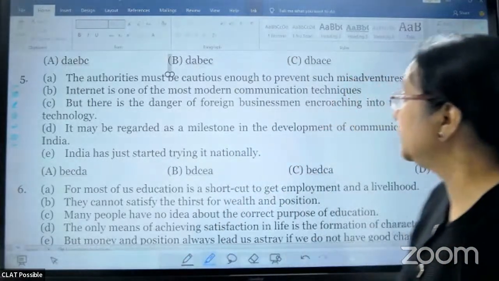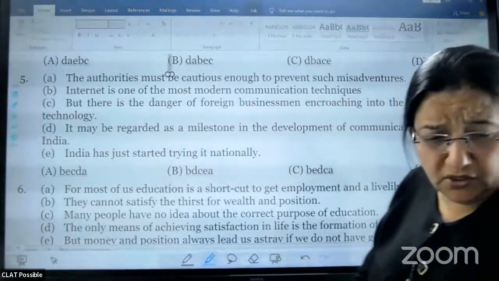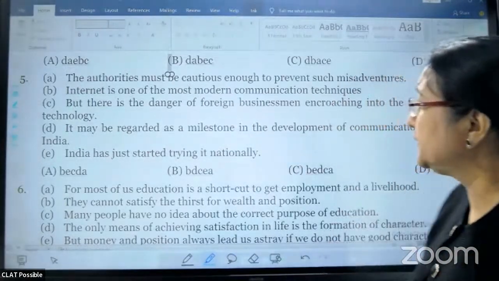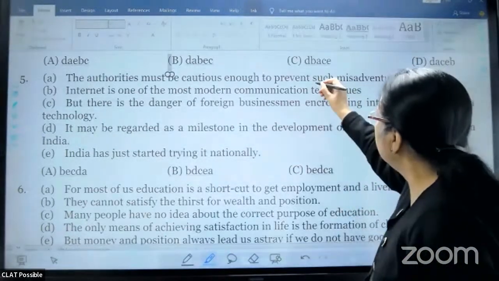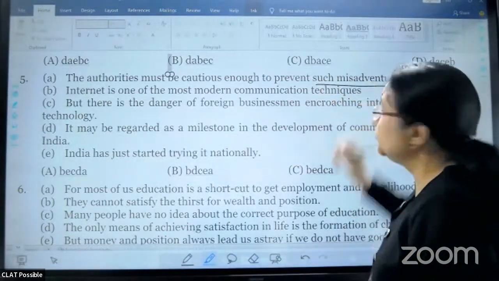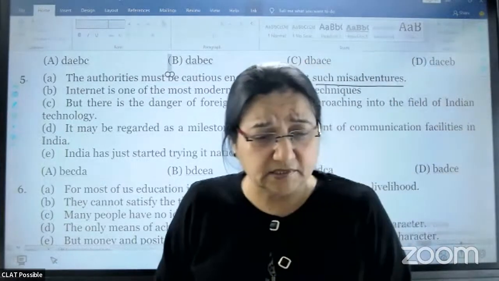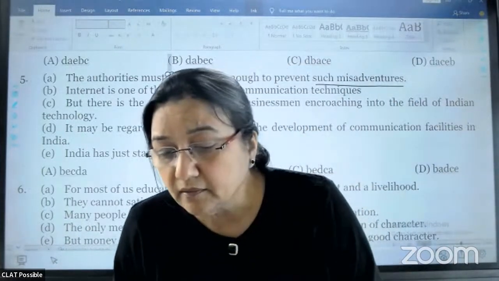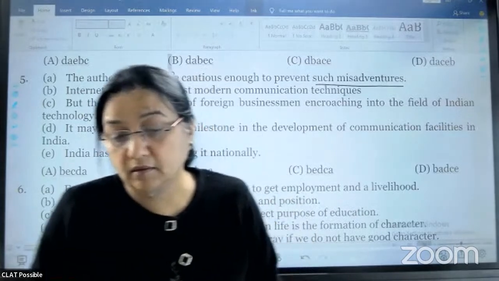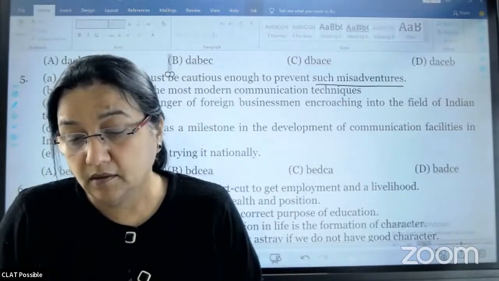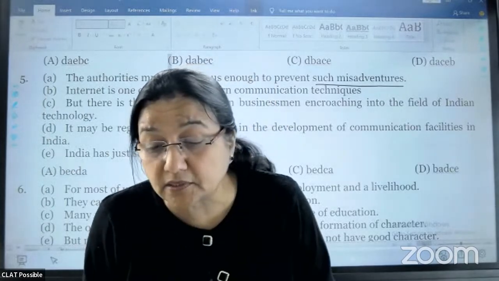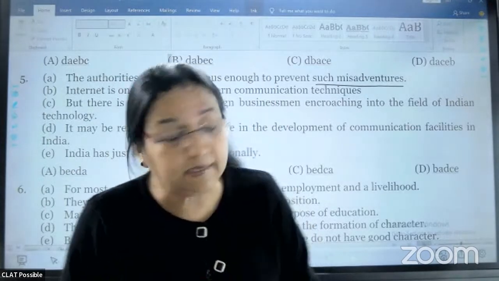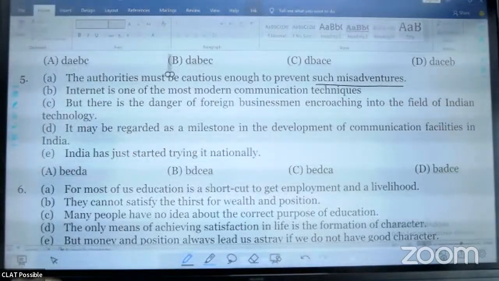Jaldi se batao, mujhe kisko dekho? Should I focus on the word authorities? Yes, it's a noun. Mujhe acha lag raha hai. But must be cautious, mere ko to ye bahut acha lag raha hai. Because what are these such misadventures? Maybe national welfare, and he says, I'll come back to that question, Udit, if you want me. Yes, such misadventures. First we solve this, then Udit, I'll bring you back to the 4th if you have a